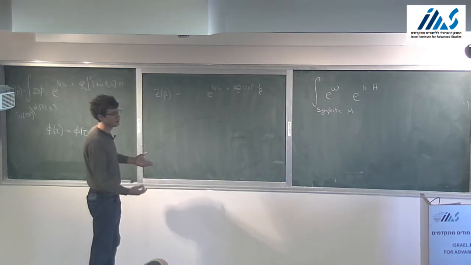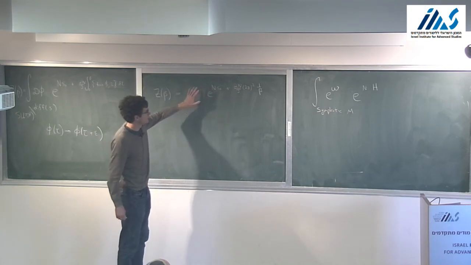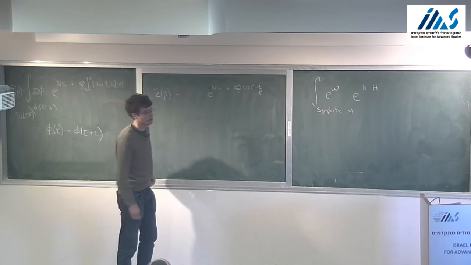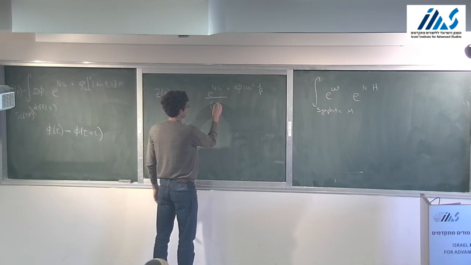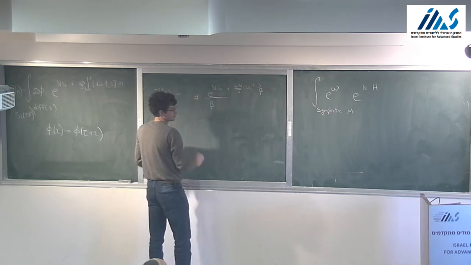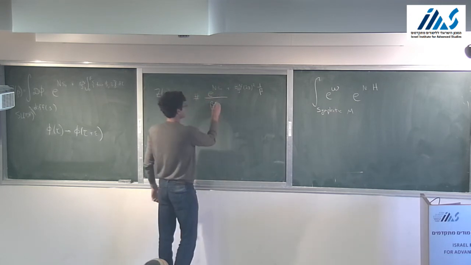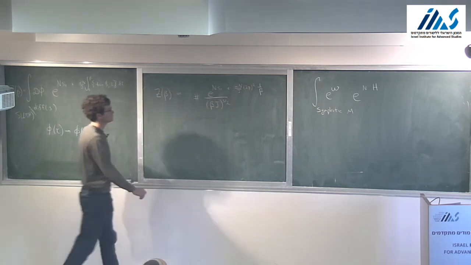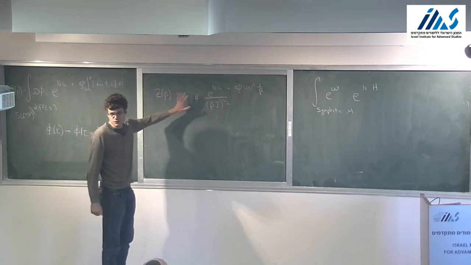Now we need to include the one-loop determinant. Since I'm a little short on time, I'm not going to go through the calculation of the one-loop determinant, but it's an easy calculation. You get 1 over some constant that's not determined by the measure. There's an ambiguous constant that can be absorbed into this factor here, times 1 over beta j to the power 3/2. Okay, so this is the exact path integral of the Schwarzian theory.